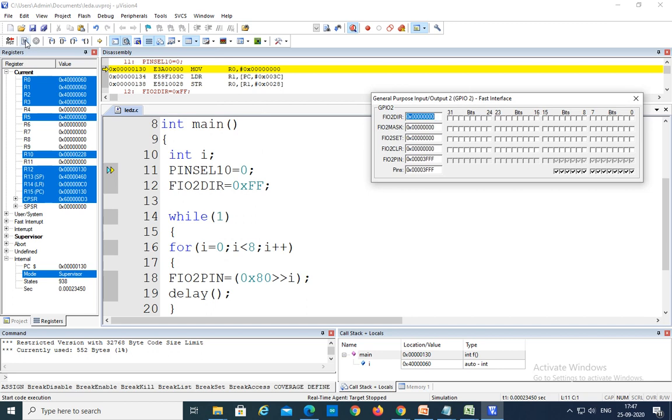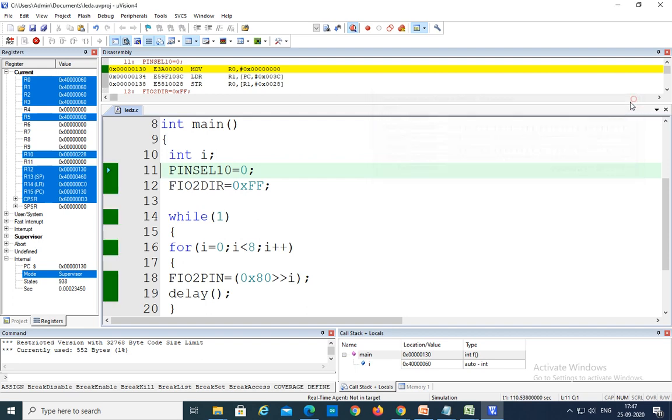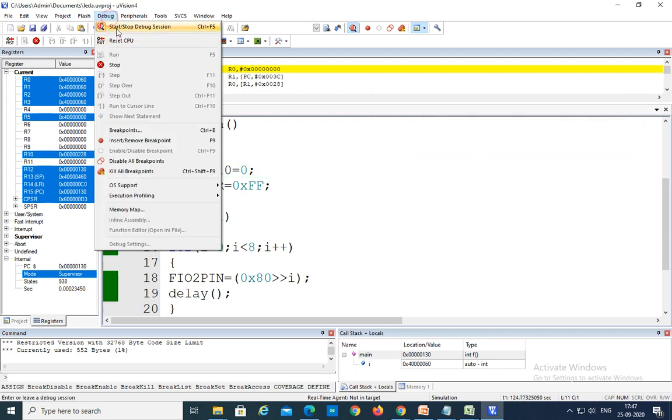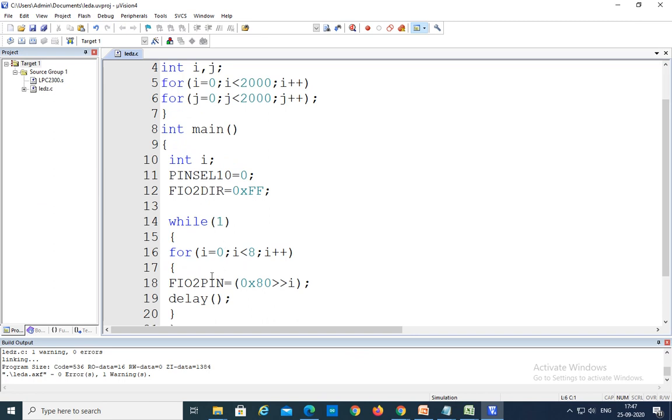So I am executing the whole program, not line by line. Now observe here, the LEDs are moving from 0 to 7. I think we forgot to build, right?